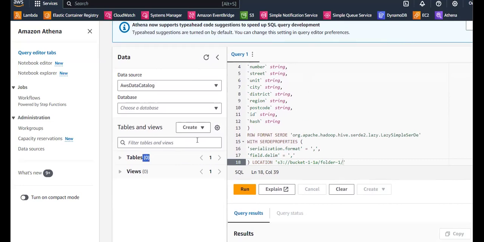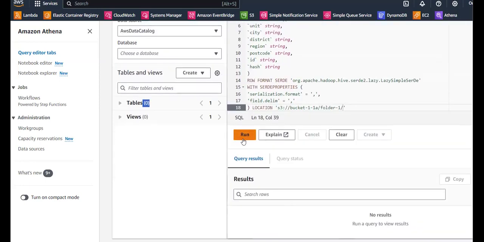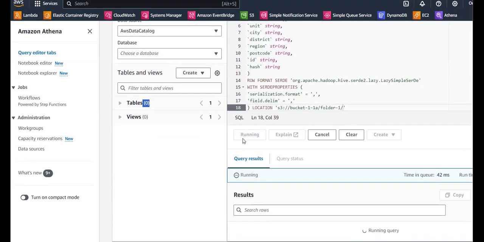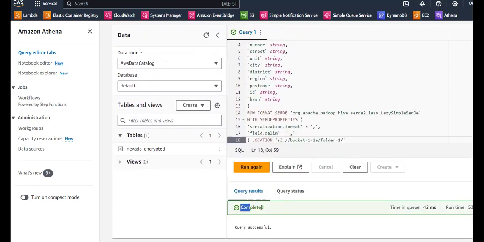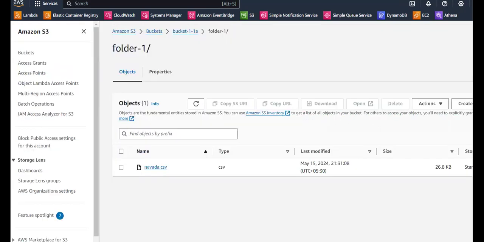Zero. Before running this query, I'm having 0 tables. Now I'm just running this. You can see it was completed successfully, and I got a table here, right? Yes, I got a table here, and my query ran successfully. That means we successfully fetched the data which is present under bucket 1-1A folder 1. What is the data I have in it? I have bucket 1-1A folder 1, I have